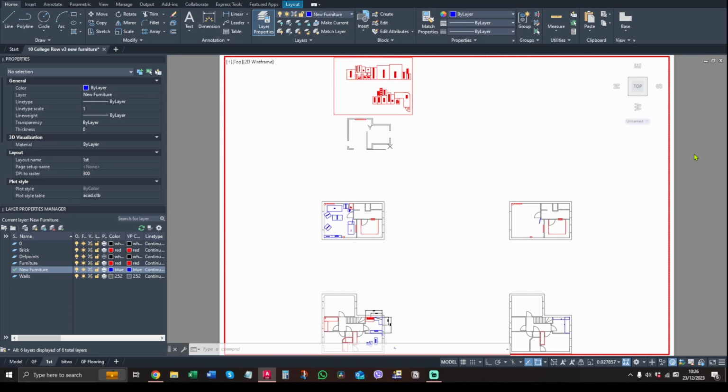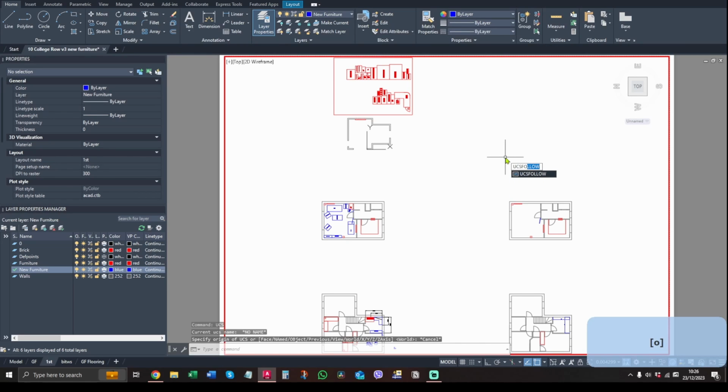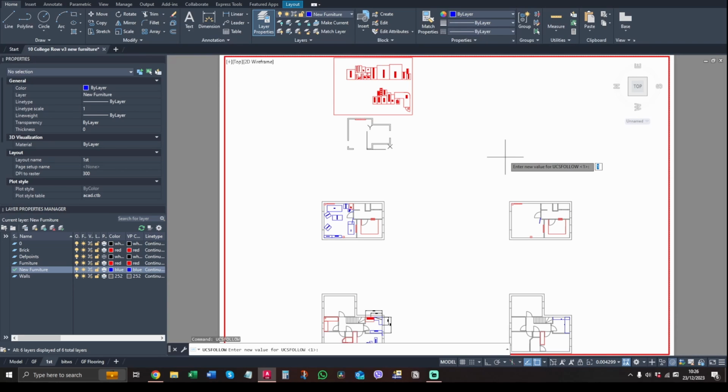This is caused by a thing called UCS follow, and the way that you get out of it is this. So you double click on it into your viewport, and this also goes to model space as well, so that you can do the same thing there. So what you do is you go in, so you can see the outside is highlighted. You type in UCSFOLLOW, and then what you do is hit 0. You'll find that if it is doing that, it'll have a 1 next to it. So you hit 0,